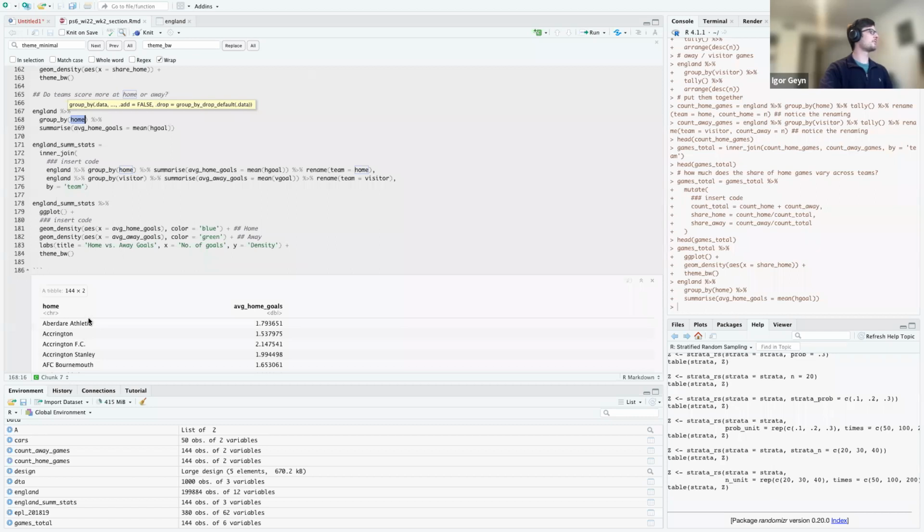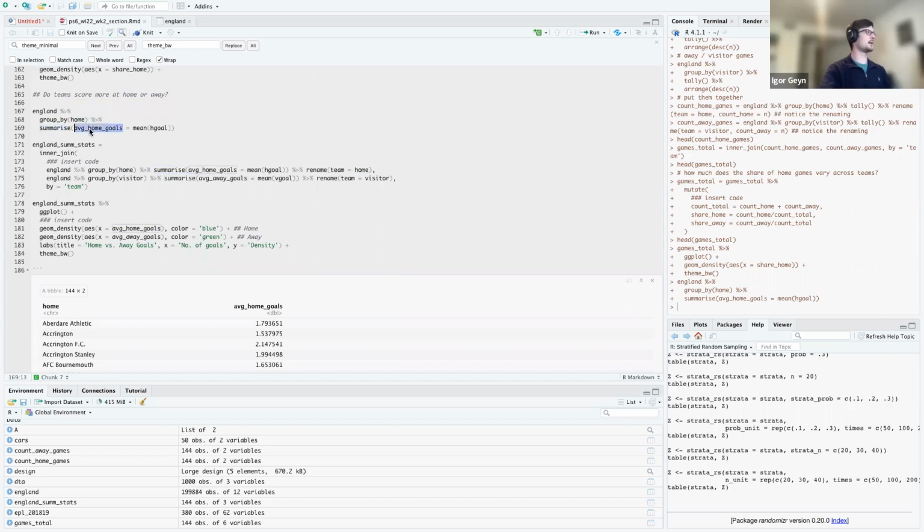And now what it's going to do is for each distinct value of home, right? Not for every time that AFC Accrington appears, but for the one distinct value of AFC Accrington, I'm going to actually create a variable. But rather than using mutate, I'm going to use summarize because I'm creating it at this aggregated level, right? So summarize allows me to first mash up all the rows